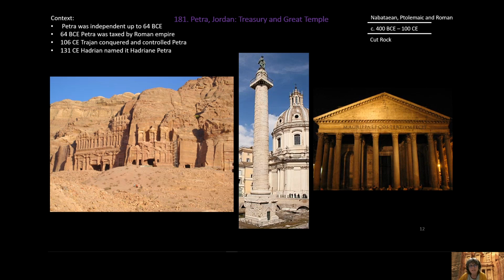So Petra was an independent empire up into 64 BCE. So for about 400 years, they were totally on their own, controlling the trade. But you can imagine that that trade would be really something the Romans would want to cover, right? So in 64 BCE, Petra was taxed by the Roman Empire, which was a much bigger empire,